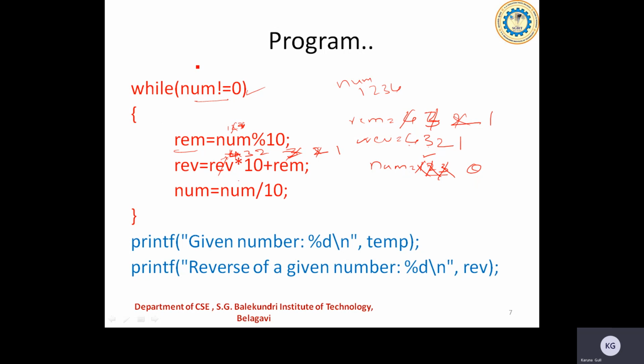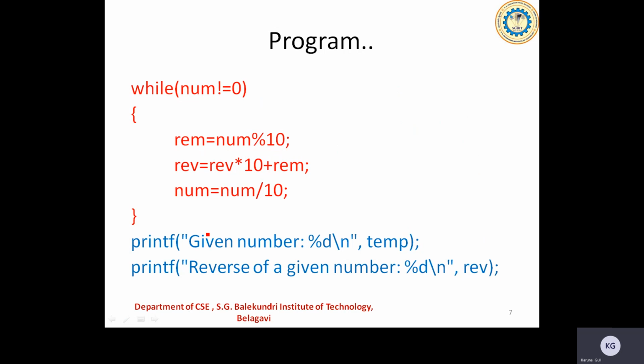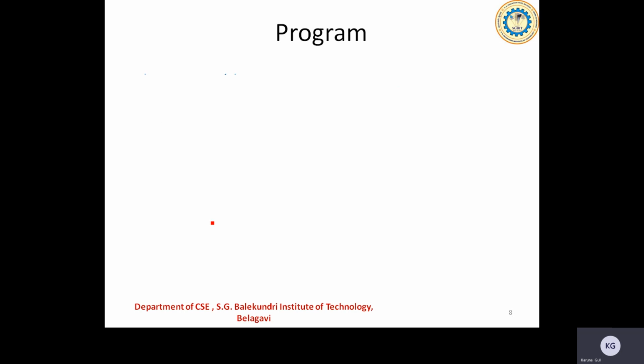Now I'll come back here. If I check, this has already reached 0. 0 is not equal to 0, so it's not true. Now I'll be coming out of the loop because this condition has become false. Once you check, the given number is 1, 2, 3, 4 and the reverse number is 4321. Now you cross verify these two, whether this number is equivalent to this number. If both are equal, then I say it's a palindrome. If they are not equal, I'll say it's not a palindrome. This is how the inner loop, or the while loop, is going to work.